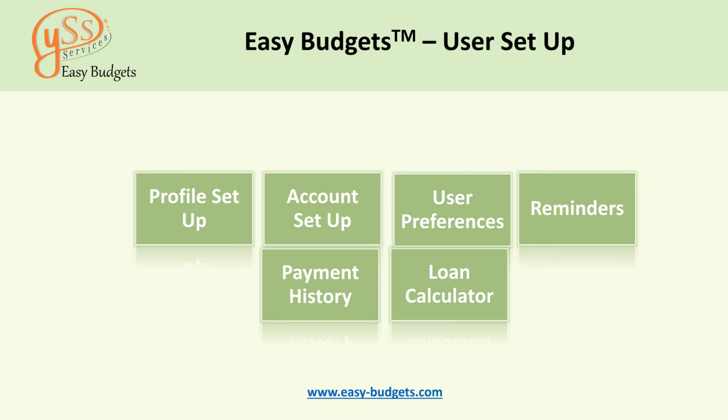User preferences screen. In the user preferences screen, you can set a default budget. This will allow you to land in the budget that you have set up here. Whenever you log in, the budget that you have set up in the user preferences is where you will land in the EC Budgets application. Say if you have 4 or 5 budgets, and you want to always land in budget number 1 when you log in to the application, you can set that up here.